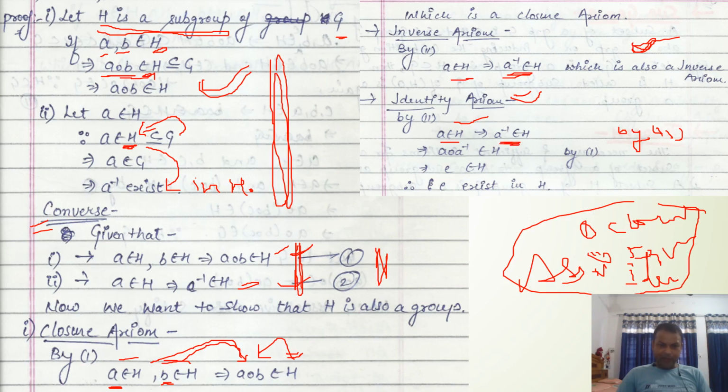And in the first property, we have stated that the composition of every two elements is available in H. So A of A inverse, because these are two different elements, A and A inverse, and their relation is such that A inverse is the inverse of A. The composition of these two elements will also be available in H by the first property, and we know that if we operate inverse on any element, then it will satisfy the identity axiom. It will give an identity. So E belongs to H. So here we have stated that E also belongs to H. So the identity axiom is also satisfied.